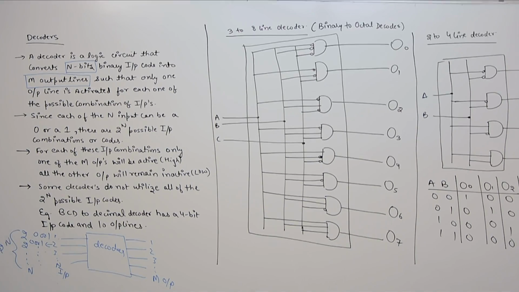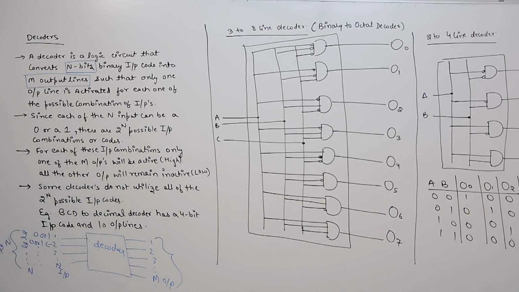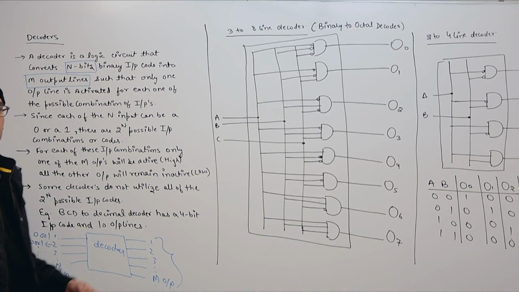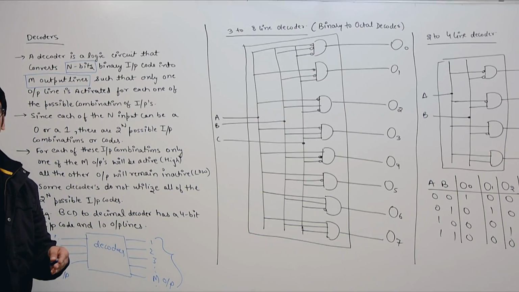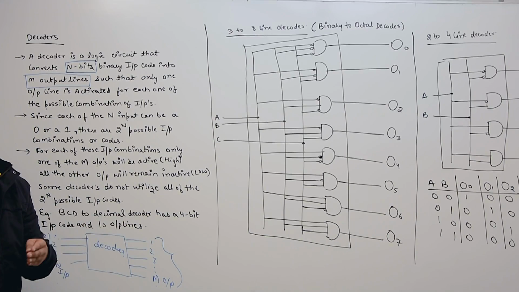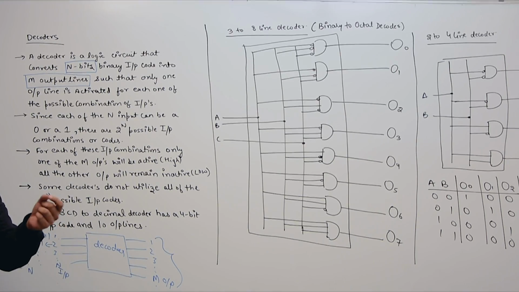That means we can give a combination of 2 raised to power n inputs to this decoder when this decoder is having n input lines. Now this decoder is having m output lines, and these m output lines can be equal to 2 raised to power n, or in some cases they may not be equal to 2 raised to power n. For example, if we have a BCD converter, we can say we have a binary to BCD code converter. In the same way we have a BCD to gray code converter. In all those converters we needed output lines which are only 10, right?